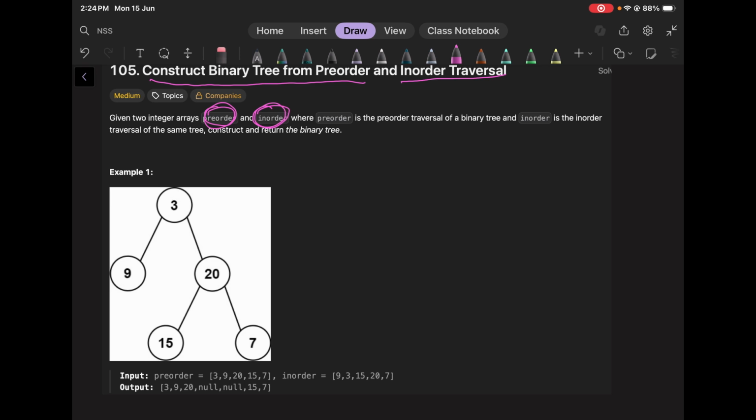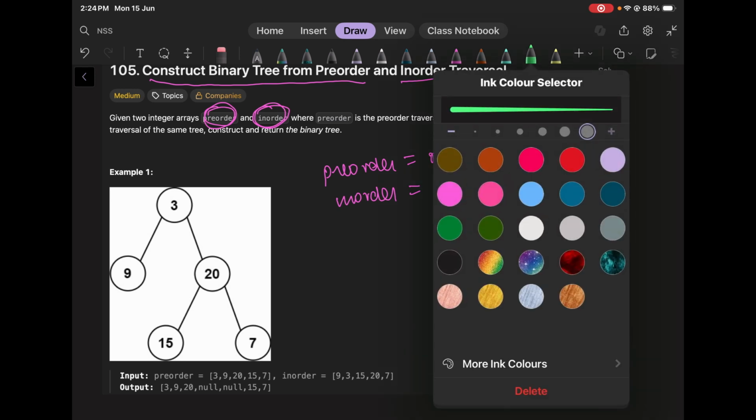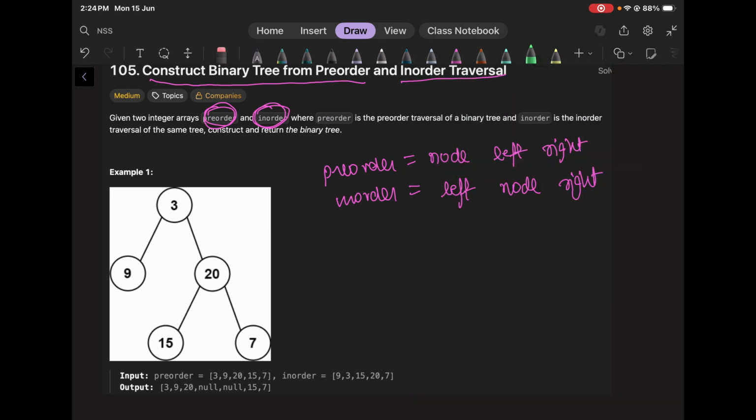Okay, so over here we know that pre-order is the node first, then we go to the left of it and the right of it, and in-order is I visit the left, then the node, and then the right. Okay, so if we are supposed to write the pre-order traversal for this, we write the node,